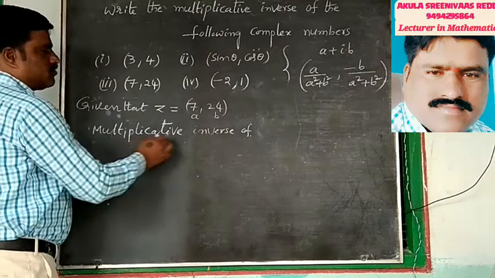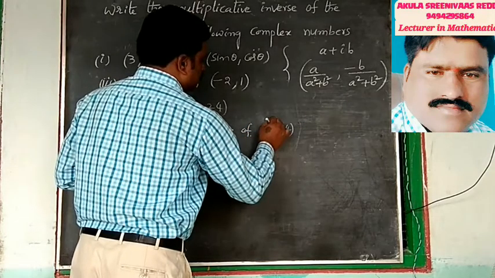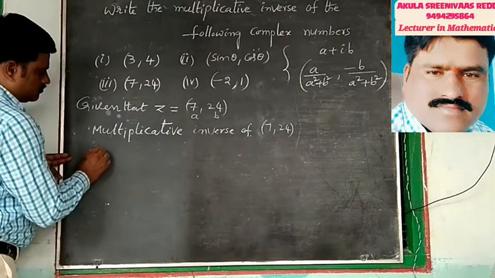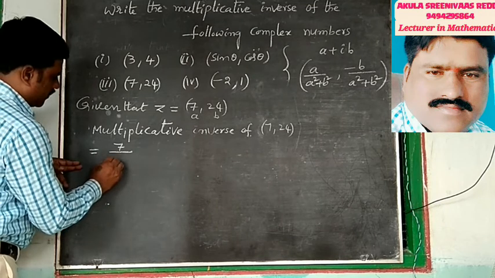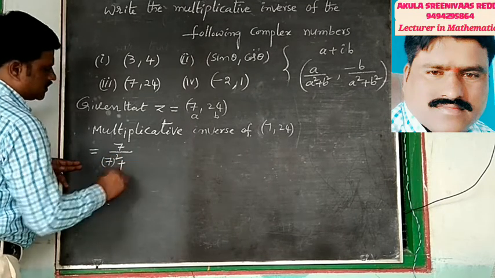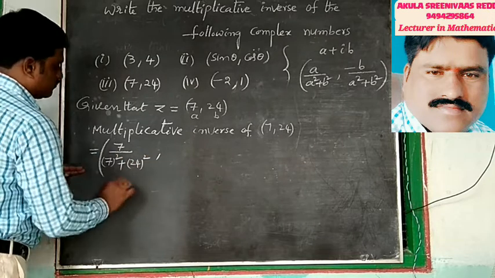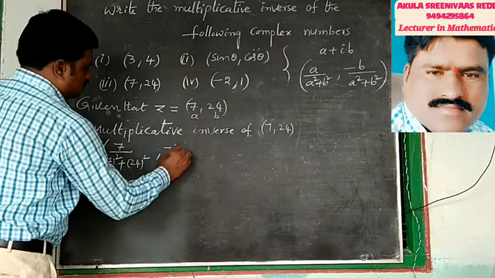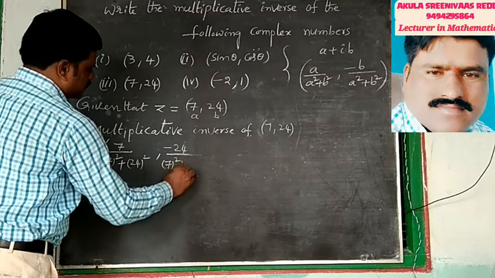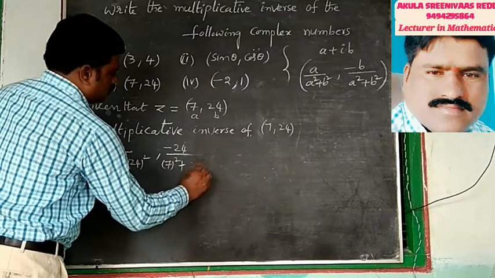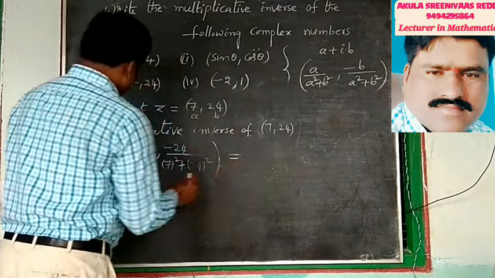Now the multiplicative inverse of 7 comma 24 is a by a square plus b square, that means 7 by 7 square plus 24 whole square, comma, minus b, minus 24, by 7 square plus 24 whole square. So that is equal to 7 by